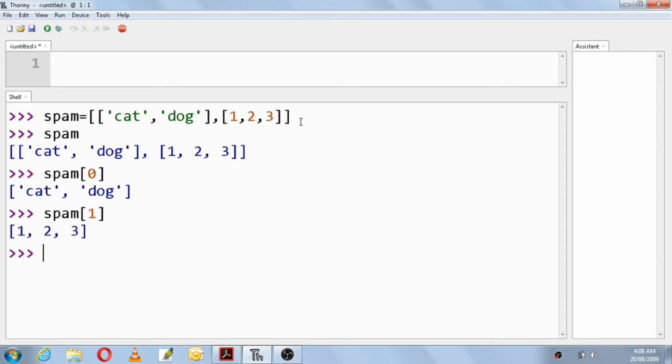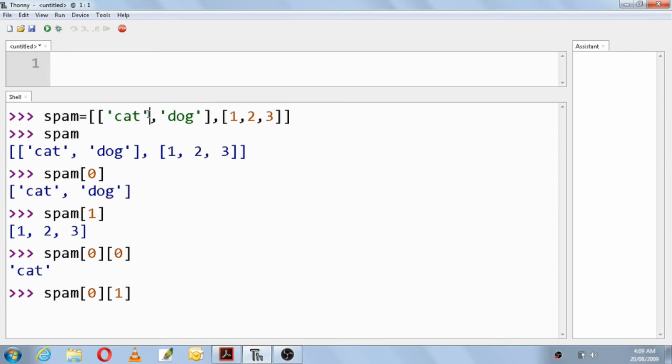Now if you want the individual values of that list, what you have to do is: spam of 0 is the first list, and in that first list you want the first value, that is cat, so give 0 of 0. It will print cat. Now in the first list, if you want the second value, then you have to give 0 1. So this list is 0 and this list is 1.